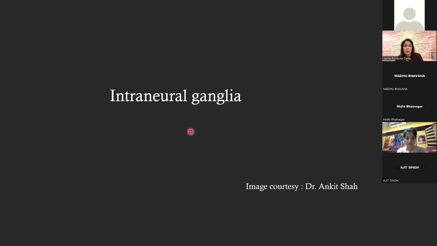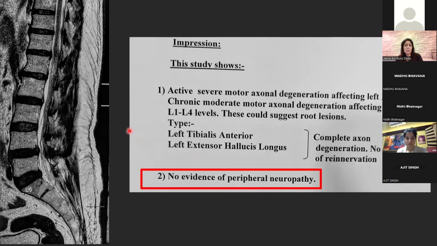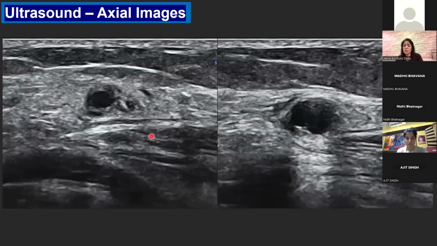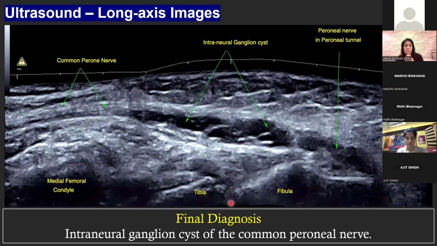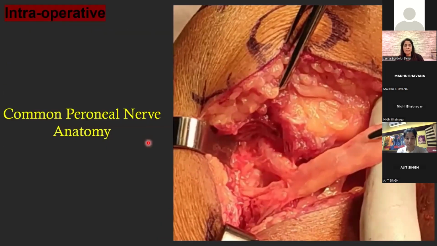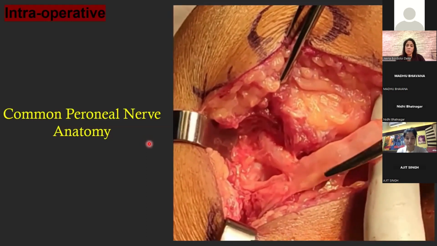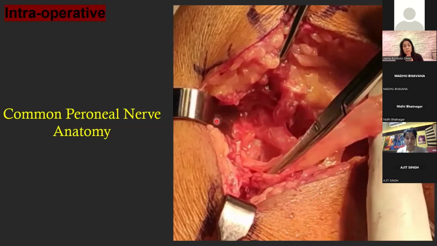So I really don't have an intraneural ganglion to show, and I thank Dr. Ankit for giving me this beautiful case. This was a case of a ganglion of the common peroneal nerve, where we see the cystic mass within the common peroneal nerve, better seen on the long axis, and also diagnosed on MRI. And this was a case of an intraneural ganglion within the common peroneal nerve, which was later treated by doing neurolysis